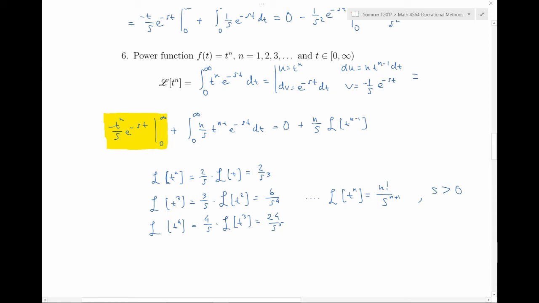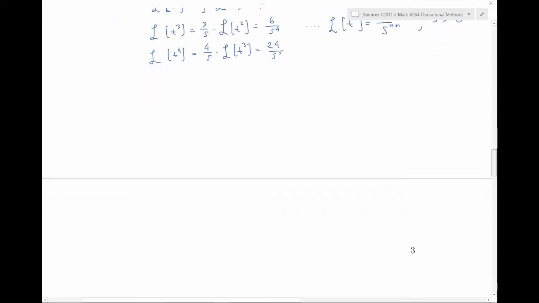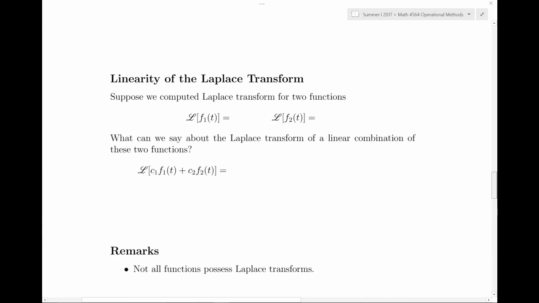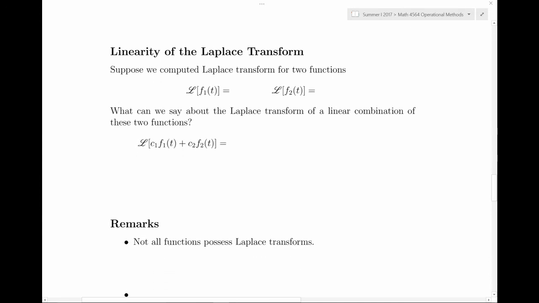Well, what if you have a polynomial that's not just t cubed? What if it's t squared plus 2t, or any sum of polynomial terms, and maybe let's mix in some exponentials? Well, what happens is that we can use the linearity of the Laplace transform to break down the computation